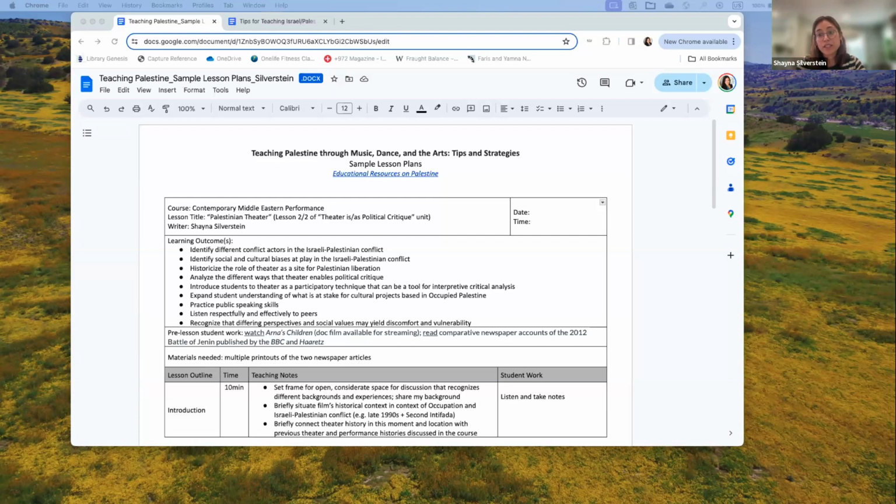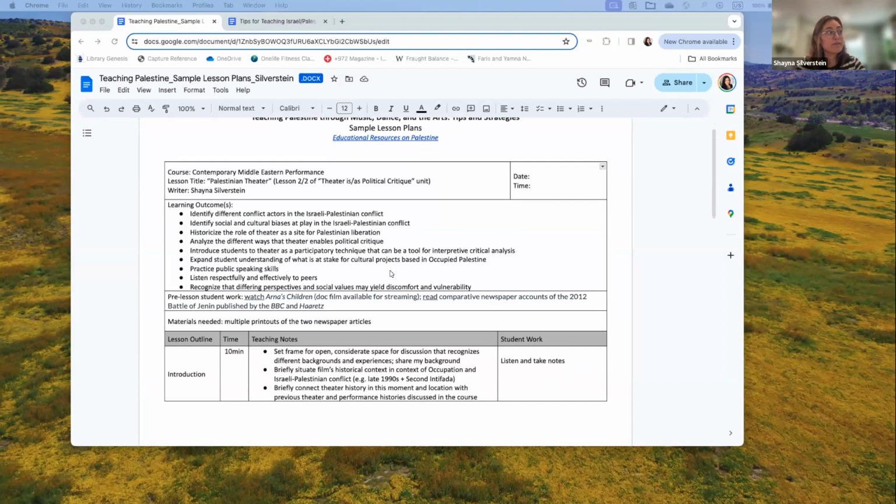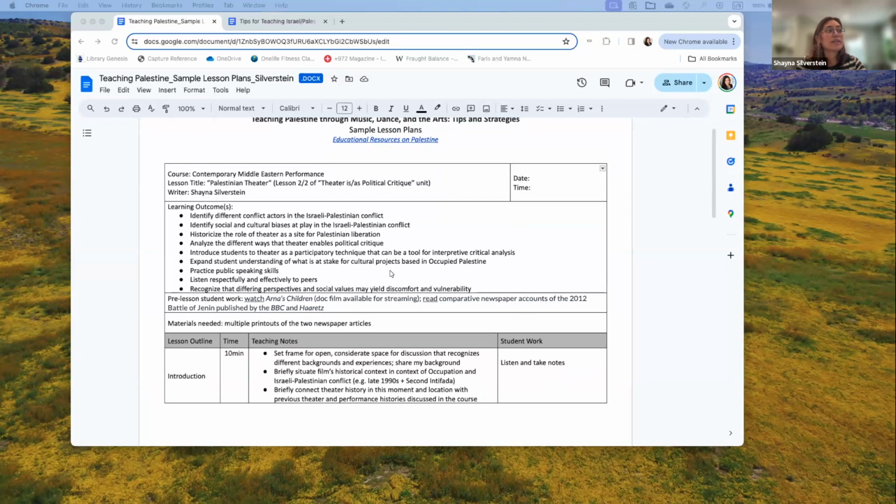I specifically teach in a performance studies classroom, and what that means in terms of performance studies pedagogy is that we often try to activate students to become actors in what is going on as opposed to spectators, so they get involved. And now I turn to the specific lesson plan here, which is about Freedom Theater based in Jenin,